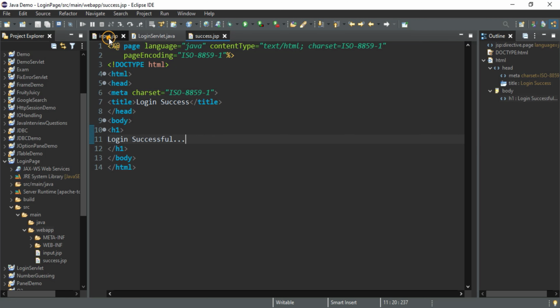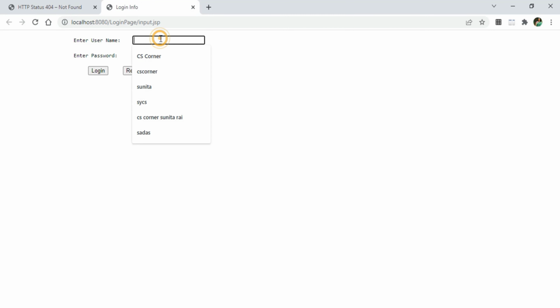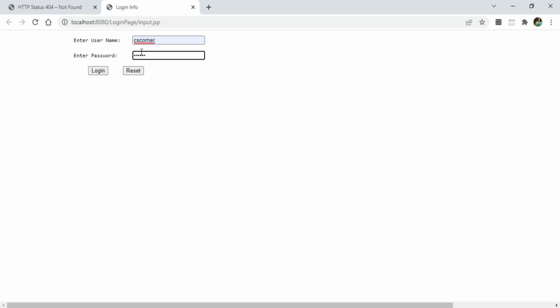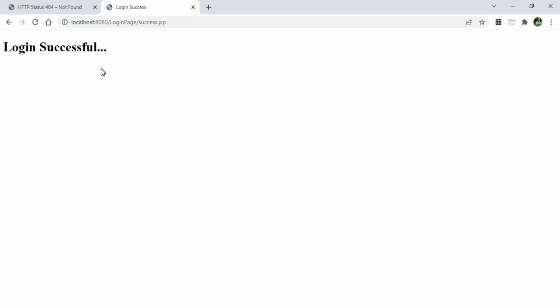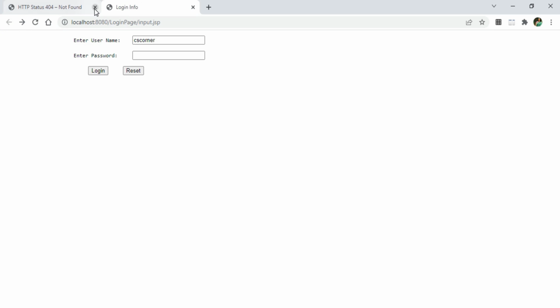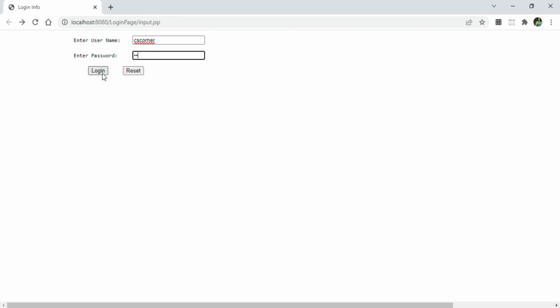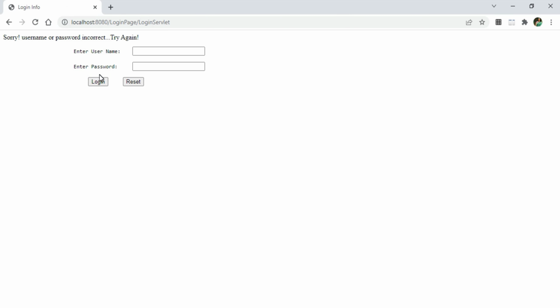I'm going to run my input.jsp file. So I'm entering username as CS corner and password as secret, and let me click on this login button. So you can see it has taken me to the success.jsp page because my login is successful. I'll come back here, and again I'm just entering any password, and I'm clicking on this login button. So you can see it is showing me sorry, username or password incorrect, try again,